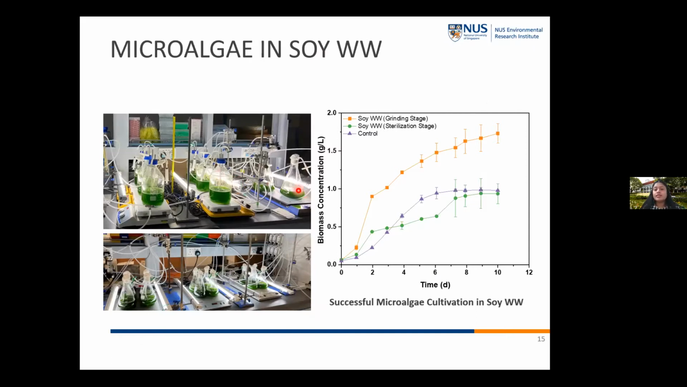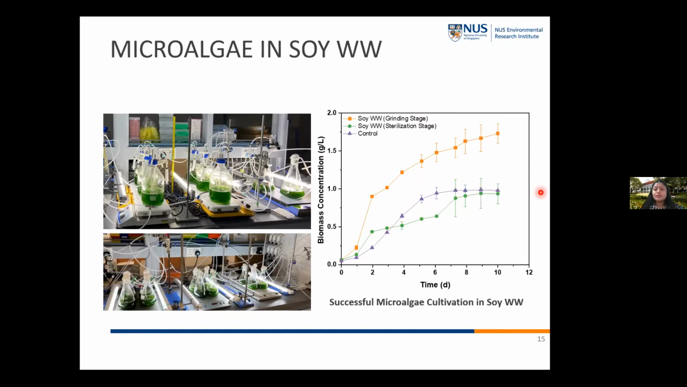What we found was the soy wastewater collected from the grinding stage actually gave the highest biomass concentration. Compared to the control, which started going to a stationary phase around 0.9 gram per liter, the microalgae cultivated in the grinding stage went up to 1.7 gram per liter. So it was quite high. And again, I would like to emphasize that this was just waste. If we do not use it for this purpose, it will just be disposed without being able to recover these